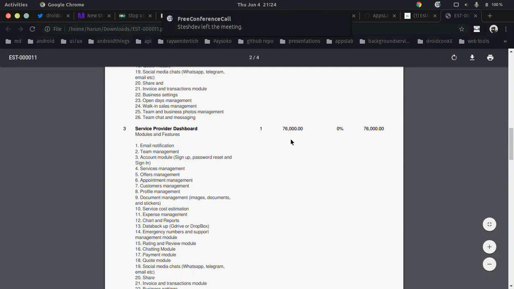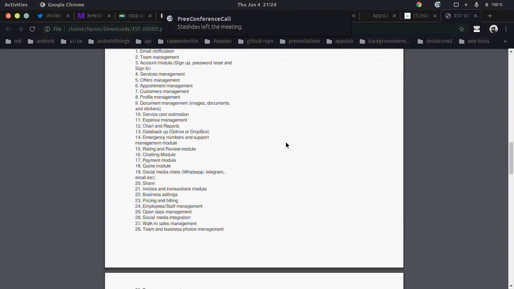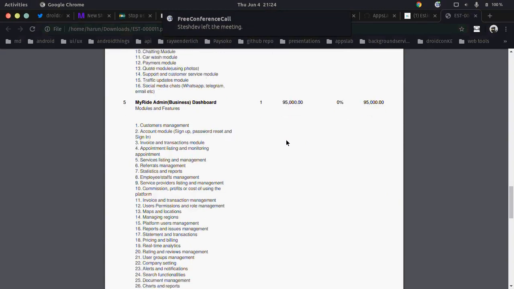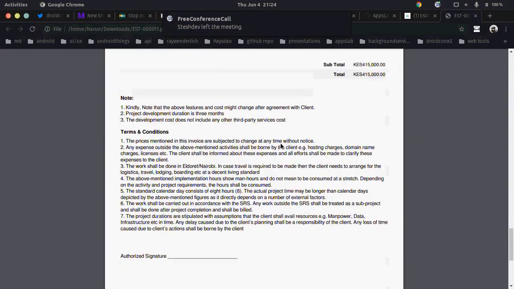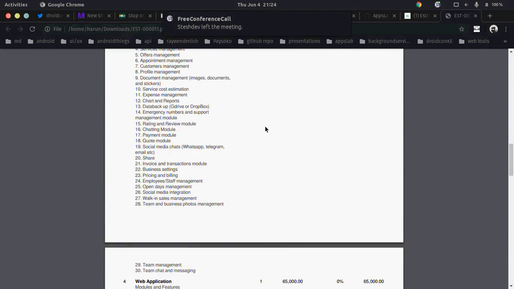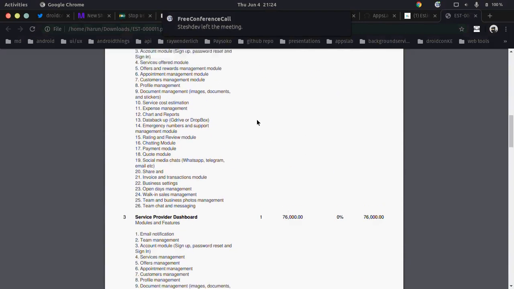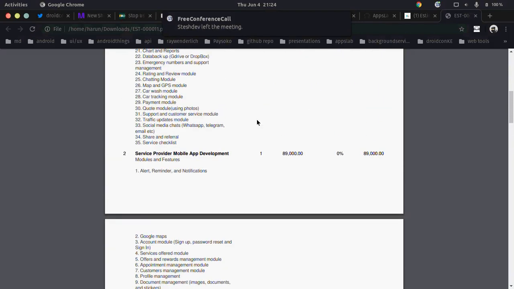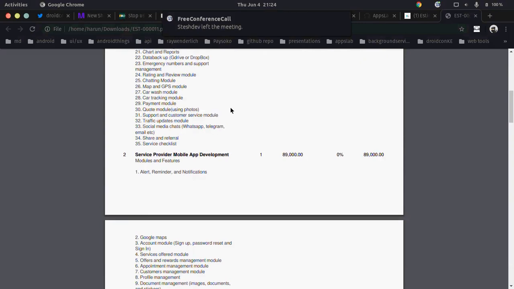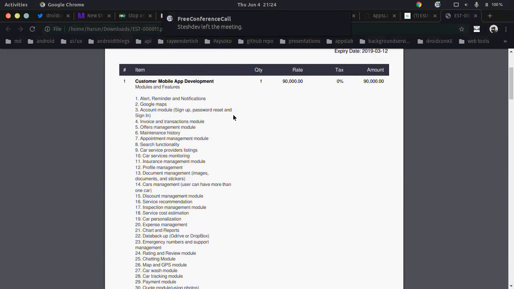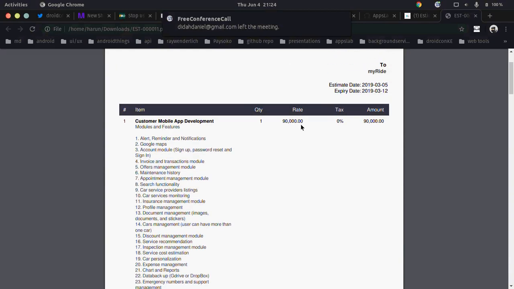After that we make an estimate, as we were saying, if it's taking 4 months and you're paying me per hour, then it will be this much. So just in case the client asks how you've arrived at that, I can work it backwards and explain to them that I'll work this number of hours on your project. That means I will not be working on any other person's project. And that is how I came to this figure.